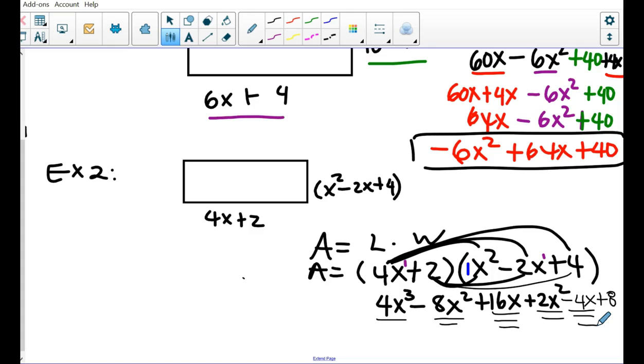So now we'll go ahead and add our like terms now that we've identified them. So 4x cubed, that doesn't have any like terms. So I'm just going to bring it down. Here we have minus 8x squared has 2 lines, 2x squared has 2 lines. So we're going to add those. Negative 8x squared plus 2x squared. We have plus 16x has 3 lines, and so that's minus 4x. And bring down my plus 8. So now we can go ahead and combine our like terms, and we get that